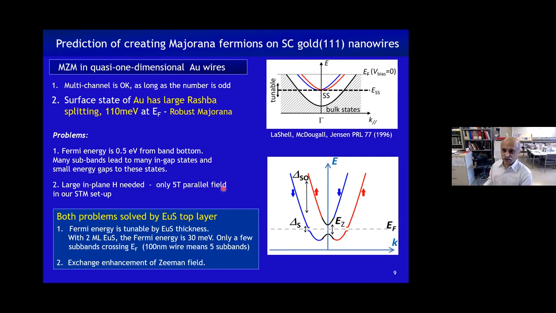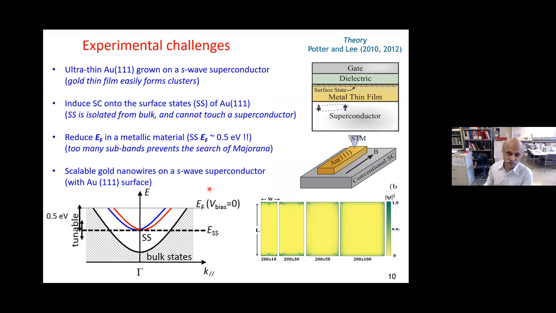So that actually gives a better probability for seeing the Majorana. And the second thing it does is this europium sulfide, with a large exchange energy, large exchange field at the interface, creates a Zeeman field, which actually helps in achieving this Majorana topological gap state. So this is exactly what we're able to do with having europium sulfide on the top. So that was a very good sign for us. As we went along, we could actually reach what was expected from the theory.